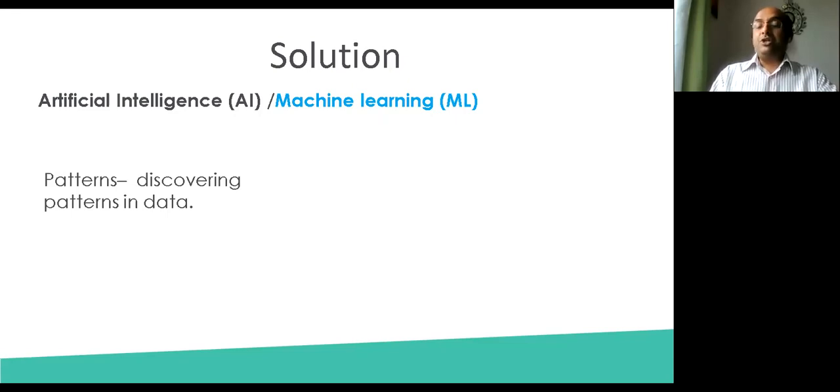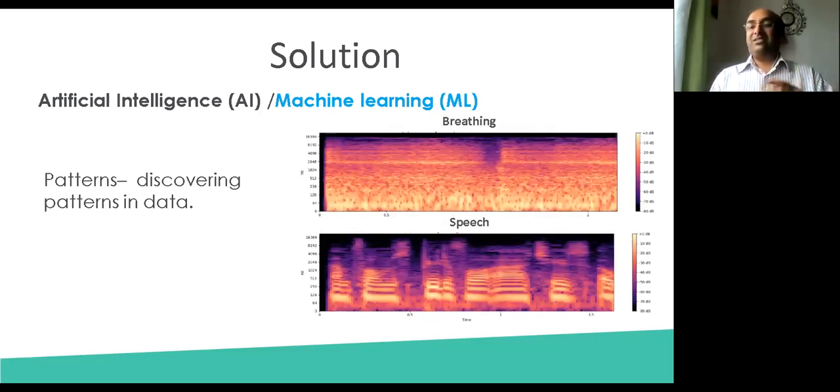In machine learning, we normally work with big, complex data sets. Here, our data set is the recordings. What we have done is take one recording file, listen to where the person spoke and where he or she stopped, and separate those two parts as a speech part and a breathing part. And then we use machine learning to see how different they look.